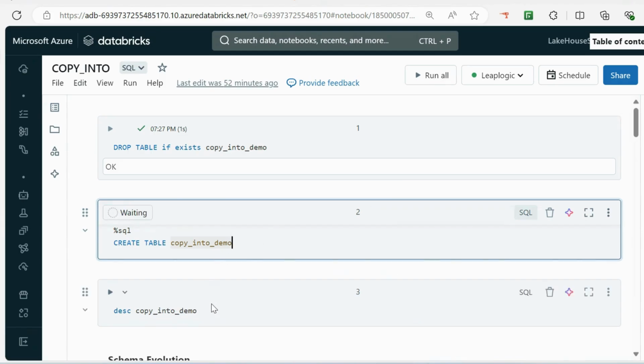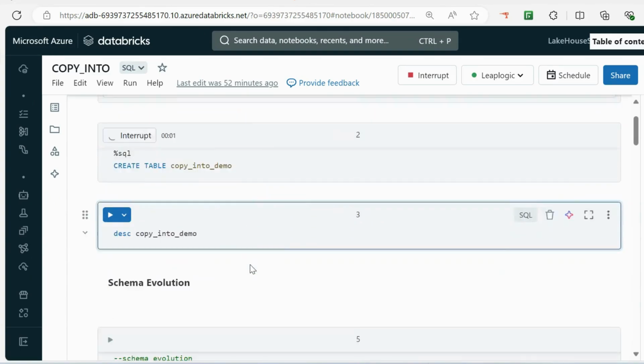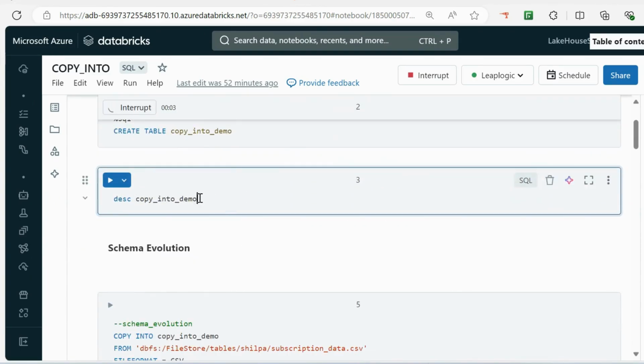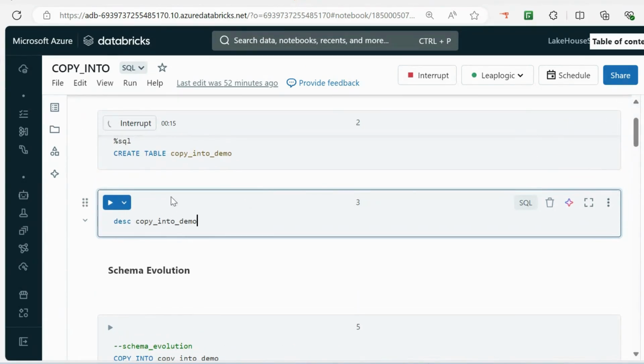So let me first create this particular table called copy into demo. Once the table is created, I will go ahead and describe it to see if it is inferring any schema. If there is no schema, it will not give me any kind of result for it. So once this completes, I will show you that there should not be any column in the copy into table.